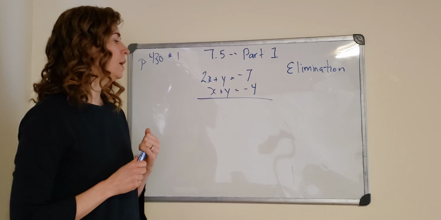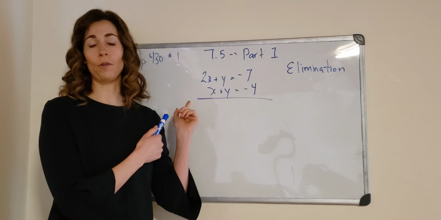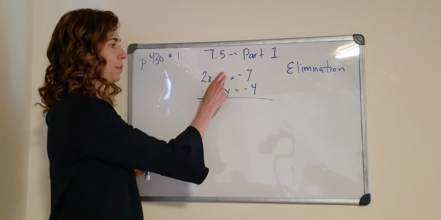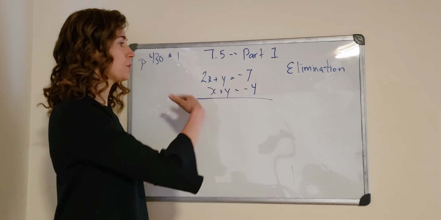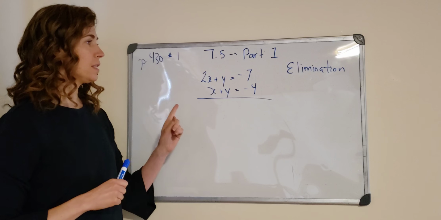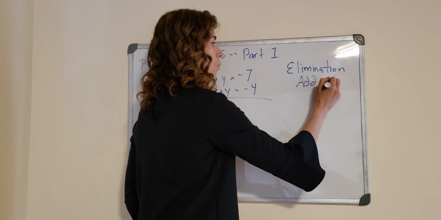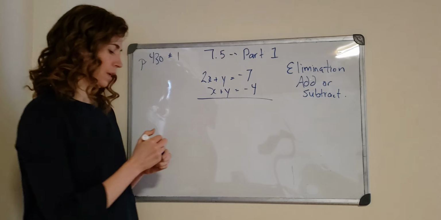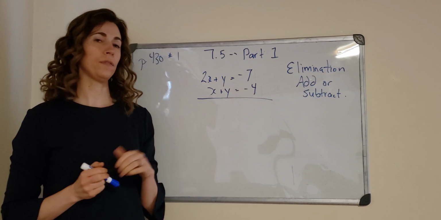So if I look at these two linear equations, again, we would know how to graph this right now, and we would also know how to use substitution. We would probably isolate either this y, this x, or this y because they have no coefficient. So we would find out what that is, plug it into the other equation and solve. But in this method, elimination, you can either add or subtract your two equations, and you will eliminate, hence the word elimination, one of your variables